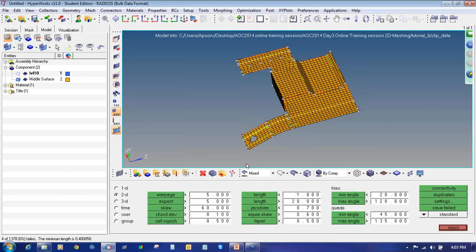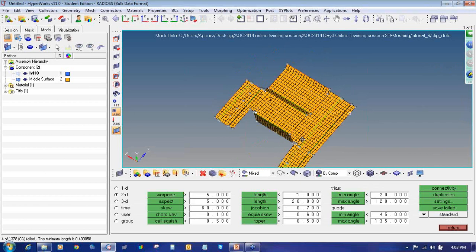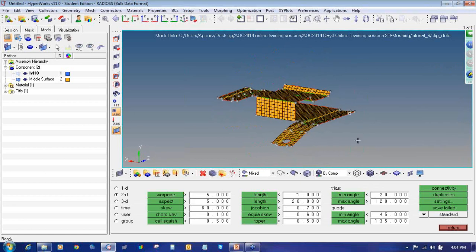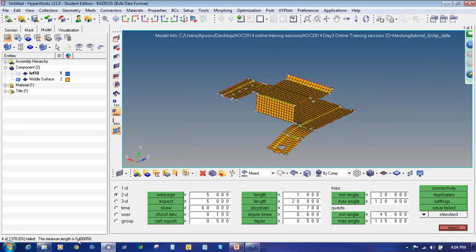Now you can see only 4 elements are failing due to the length criteria, with the minimum length as 0.4 mm. Earlier the length was very less. So by changing some of the features of the geometry, even with the auto mesh panel, I can get a good mesh quality. In this way we have ended this tutorial.